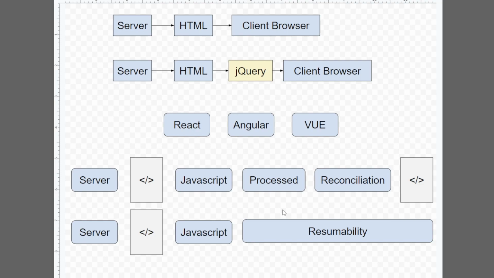So resumability has some complications with it, and maybe I'll make another video that explains how resumability works in a broader sense, and we'll also discuss all the roadblocks that resumability comes with and why it is not so easy to implement, right? So I hope you have some basic understanding of what is hydration and what is resumability,